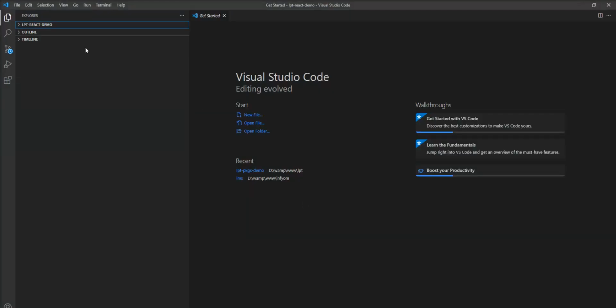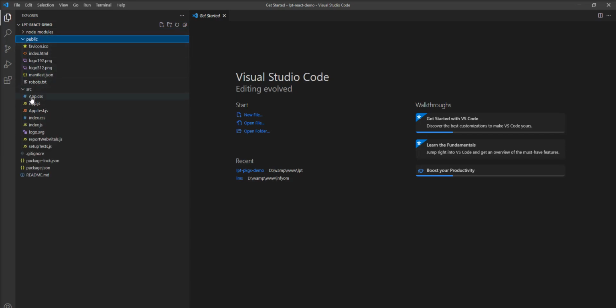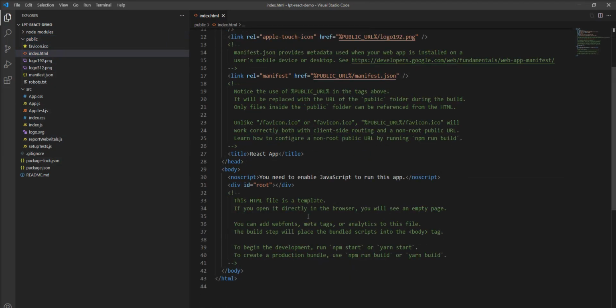Let me open the application inside the editor so you can see it properly. Here is the node_modules directory, where all the Node dependencies are installed and used from. This is the main src directory, and this is the public directory. All the assets are here, and the main application file index.html, the application runs from here. So index.html is also located here, and the application is loaded inside this div.